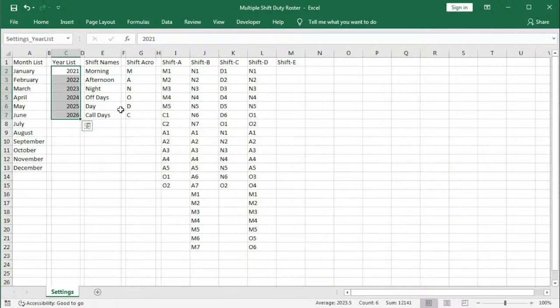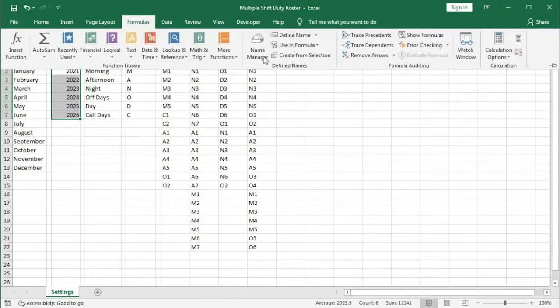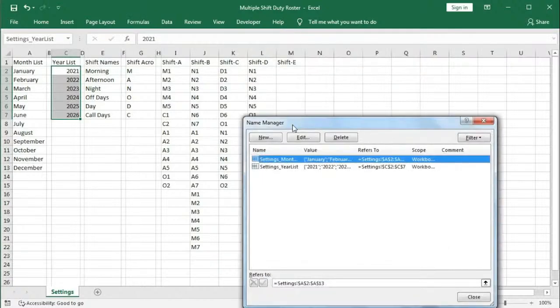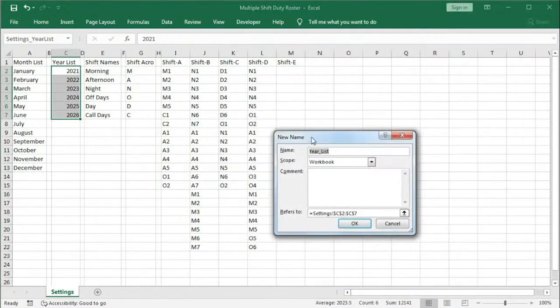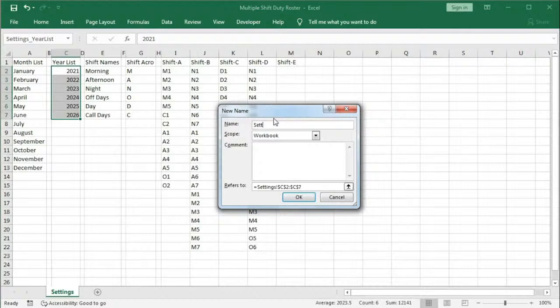Okay. Now for shift names and shift acronyms, we will create dynamic name range, because you can increase the shift names or decrease the shift names, or you can increase the shift acronyms or decrease the shift acronyms. That is why we will create the dynamic name range for these 2 shifts. First go to formula and click on name range and click new. Now type here settings underscore shift name,